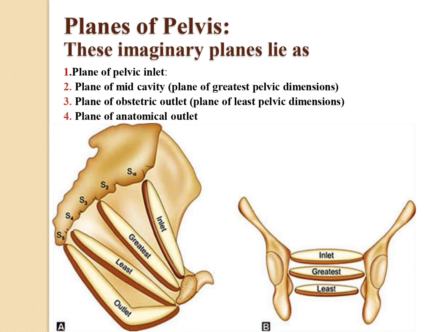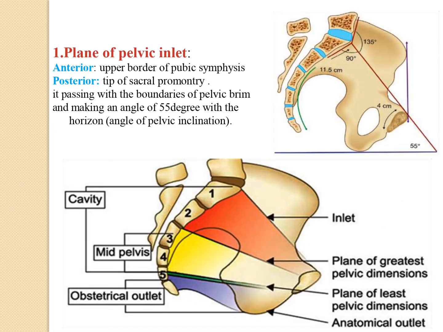Pelvis is vital for both locomotion and childbirth, which creates a conflict between the need for a wide birth canal and efficient locomotion. Female pelvis is adapted to allow the passage of a newborn's head during childbirth. The size of these planes must match the size of a newborn's skull to allow for a vaginal birth. Now we will discuss details of each plane separately.